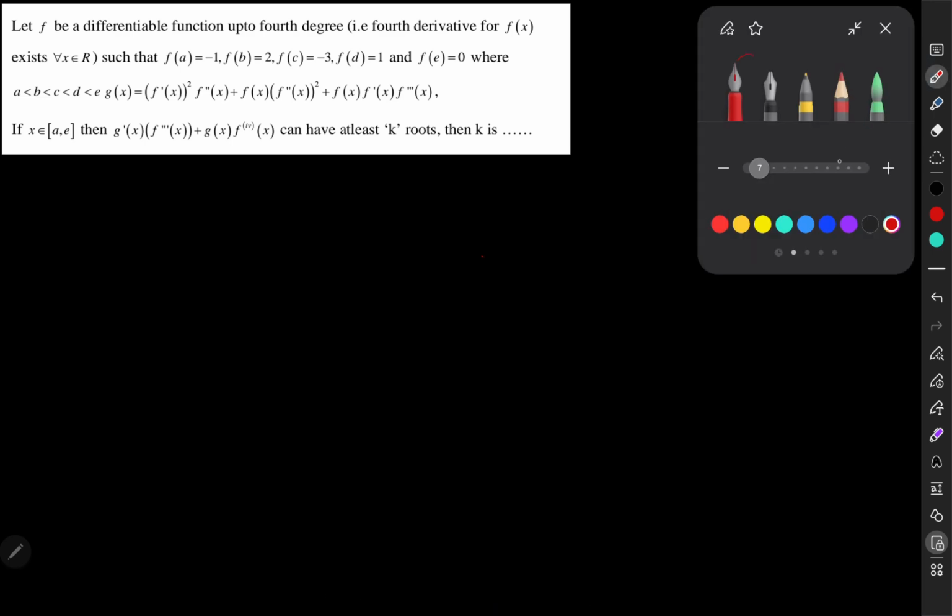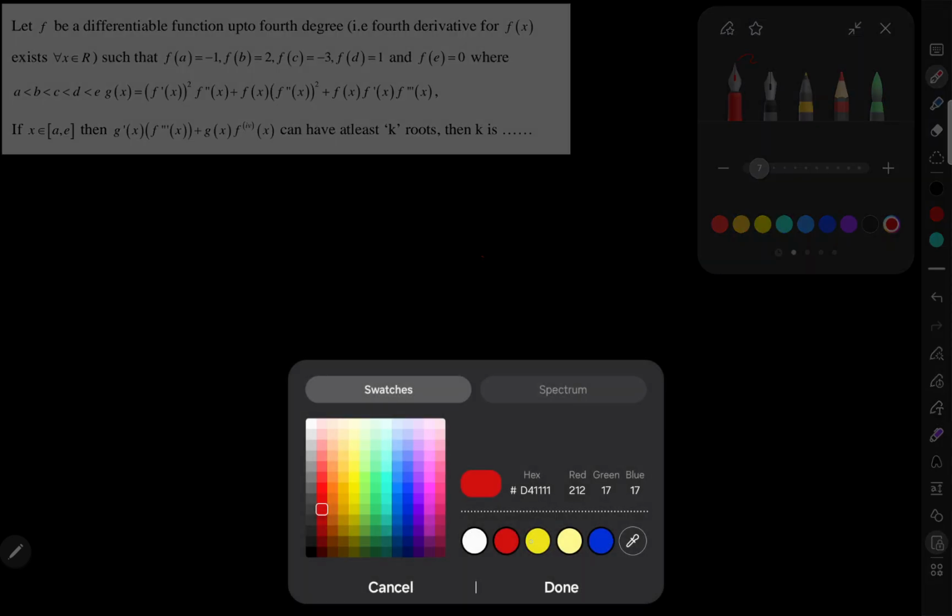Okay, next question. Let f be a differentiable function up to 4th degree such that f of a is minus 1, f of b is 2, f of c is minus 3, f of d is 1, and f of e is 0, where a less than b less than c less than d less than e. Then they have given some function g of x. Okay, so g of x, if you take, we can see that, one second,